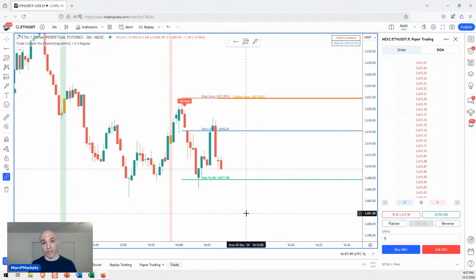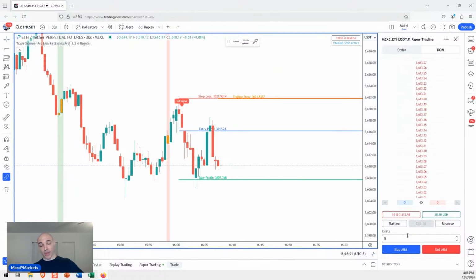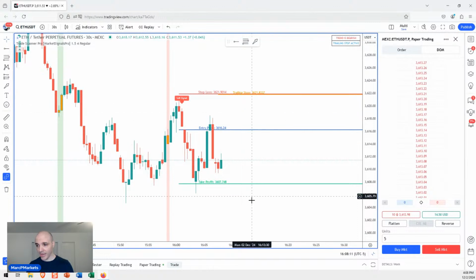It's random is what the point is. And the Trade Scanner Pro helps me capitalize on the random nature rather than me getting caught up with, well, it's going to do this. Well, it's going to do that. Should I measure this? Should I measure that? I don't have to do anything, right? I have my profit objective. I have my stop. And that's all I need. I have my trailing stop, which hasn't really advanced yet. And all my decisions are pretty much here for me, right?